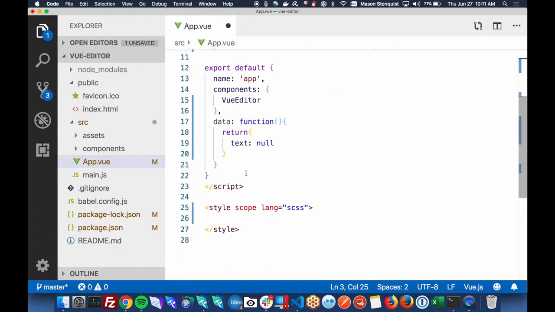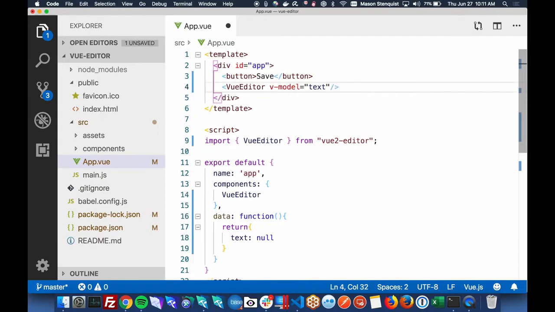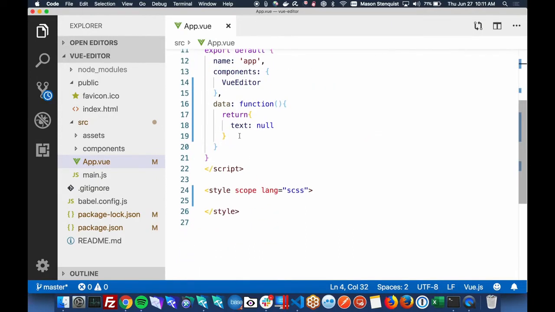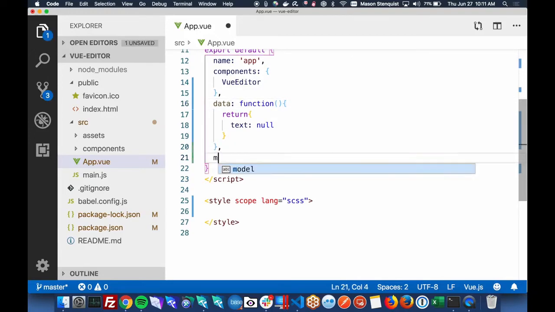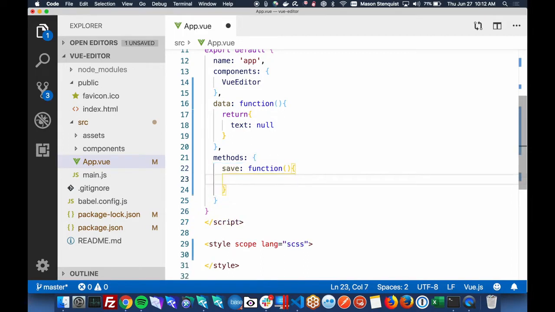And when we click the save button, we're going to want to call an FMP URL. So after my data property, I'm going to make a methods. Methods you can think of as scripts. Sorry, that's not right. So we're going to make a method called save. And it is just a function, and it is going to